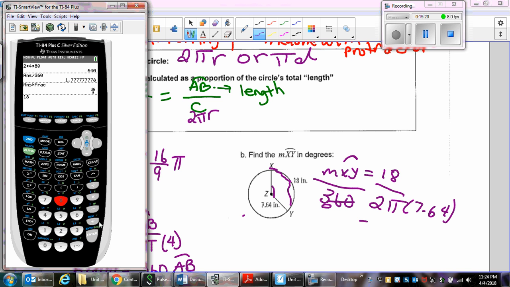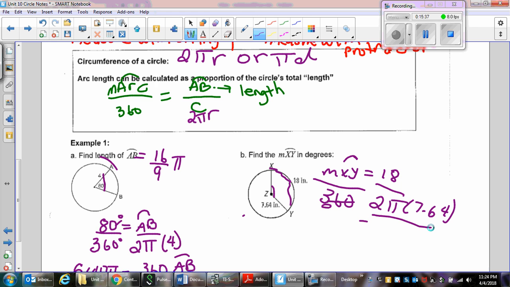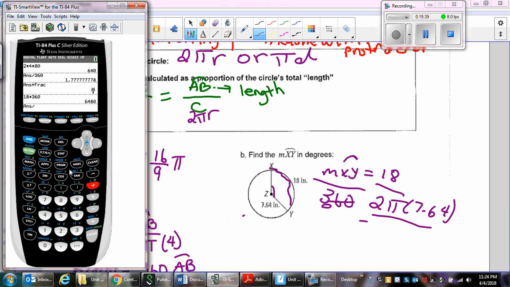Good. So 18 times 360 gives you 6,480. Then I'm going to try to divide the whole thing by this number here, which is 2 pi times 7.6. So what I'm going to do is use parentheses and put everything in, just to save time, and then 2 pi times